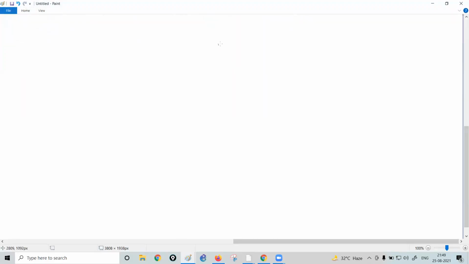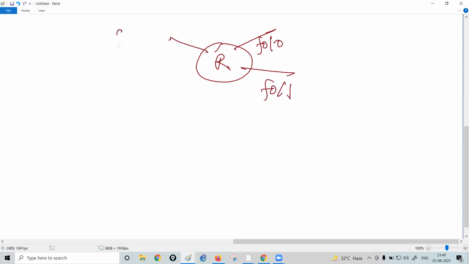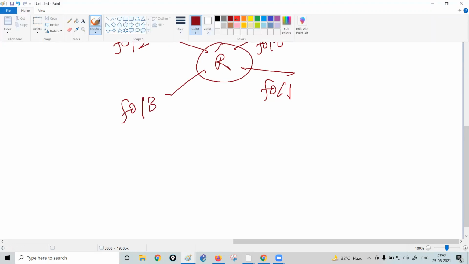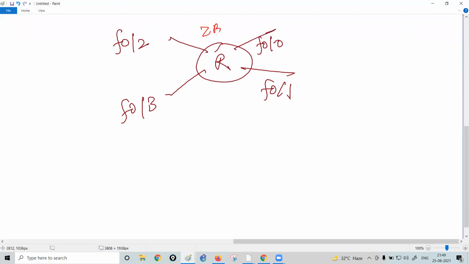In simple terminology, let's suppose this is my router. This interface is F0/0. This interface is F0/1. This interface is F0/2. This interface is F0/3. So if you want to enable the zone-based firewall on the router, you have to configure the zones on the router.